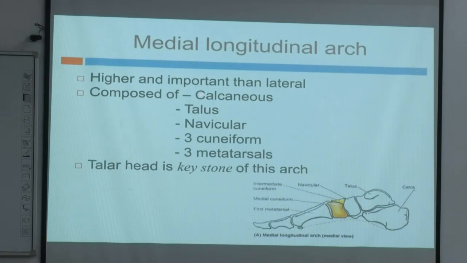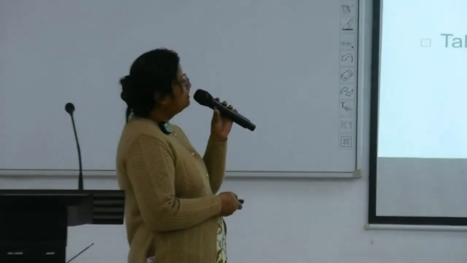It is composed of calcaneum, here is the calcaneum, then talus, navicular, three cuneiforms and the three metatarsals. And the talar head is the keystone for the arch. We have discussed that the bones have a wedge-like shape. Upper part is wider and lower part is narrower. So talus is the keystone for the medial longitudinal arch. Next,